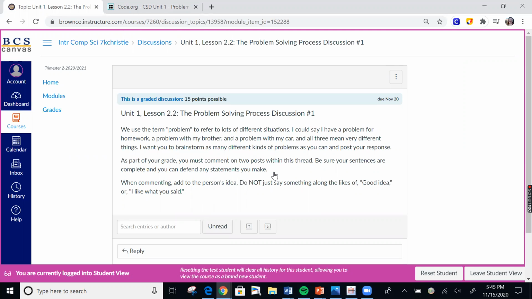Discussion 1 says we use the term problem to refer to a lot of different situations. I could say I have a problem for homework, a problem with my brother, and a problem with my car. And all three of those things mean very different things. So I want you to brainstorm as many different kinds of problems as you can and post it as your